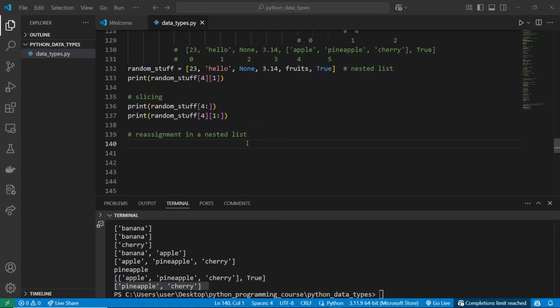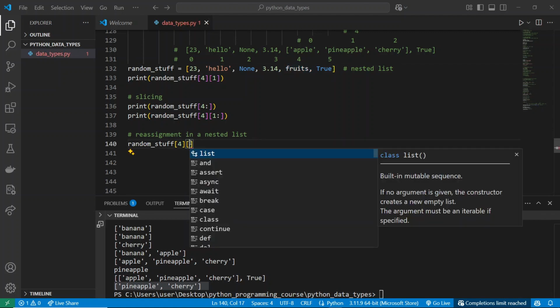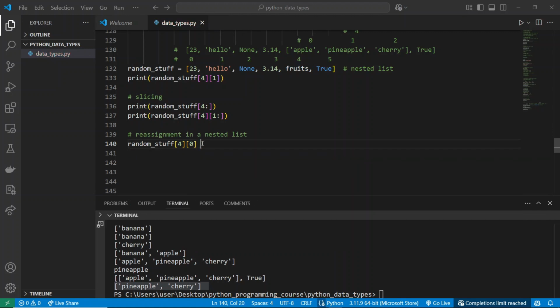And for this one, as long as you are aware of the different indexes within the nested list, then you can easily reassign a value. So for instance, we could easily pick this here. That means with index 4, we pick our nested list, that is fruits. And then we can index that again, the nested list. And then we can even index 0, and then say